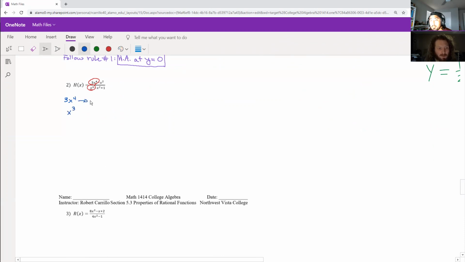So this gives us that n equals 4. This gives us that m equals 3. We have n is greater than m, so we have to follow rule number 2. And this one tells us that we will have an oblique asymptote